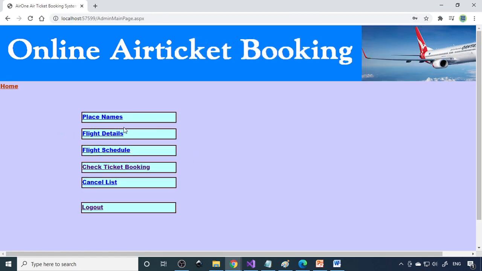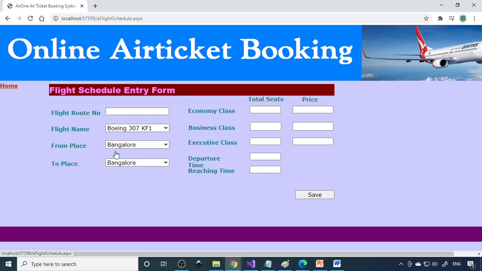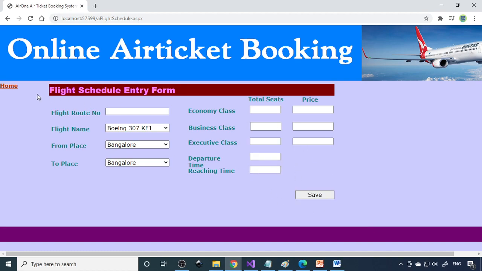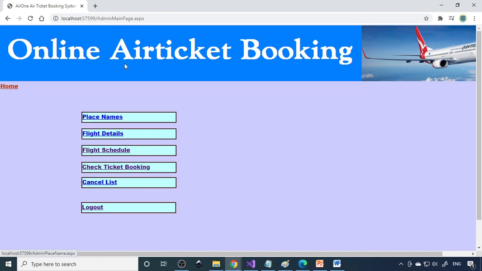Right. So here first you need to write the place names, then flight details and then flight schedule. For the flight schedule, you need to enter the route number, which flight it is, from place to place, the economic class total seats and corresponding price, business class total seats and corresponding price, and departure time. All you need to enter. Once that is entered, now we can copy the main address